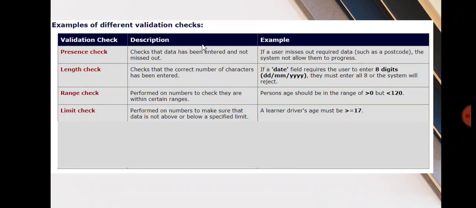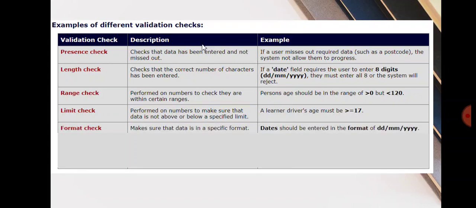On first view it looks similar to length check, but if you notice, length check can be used on number or character both, but limit check works only on numbers. For example, for a limit on buying any product, you will not be allowed to enter a number which is out of the limit. So please understand, length check and limit check look similar, but length check can be applicable to number and character both, and limit check is only applicable to numbers.